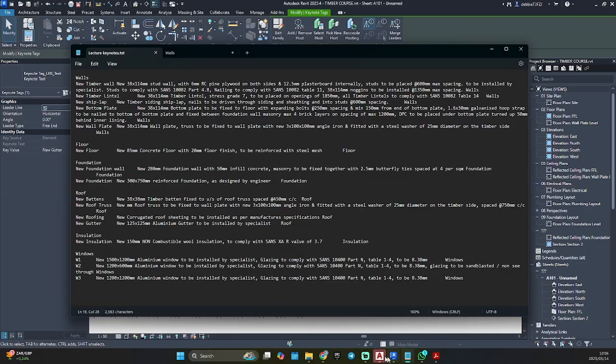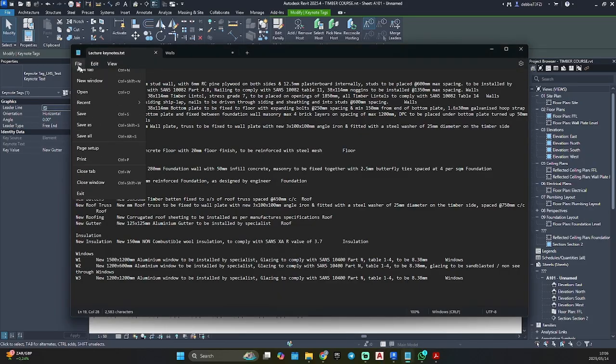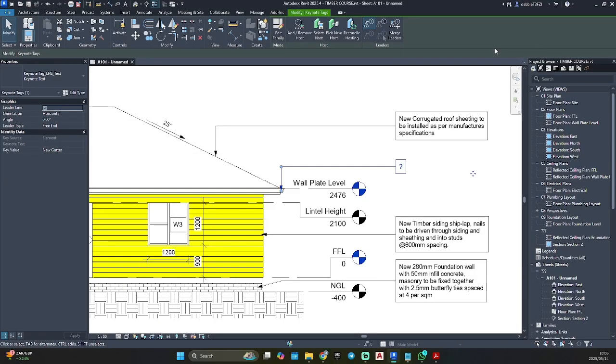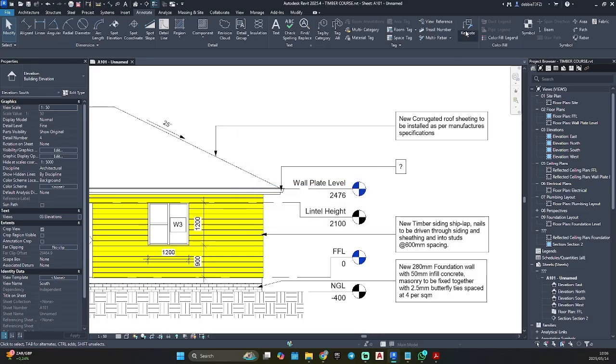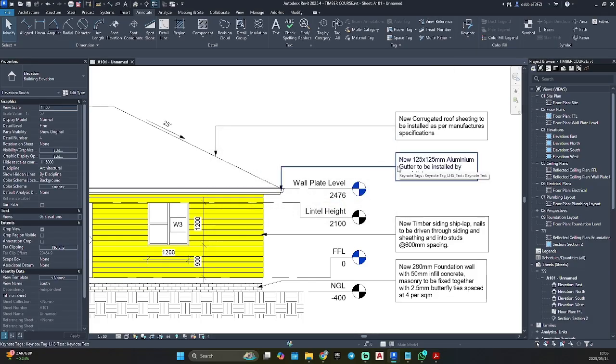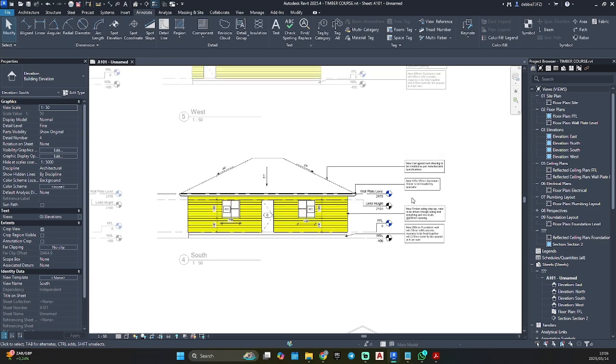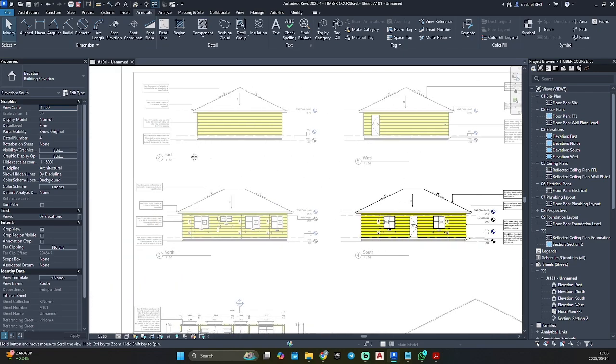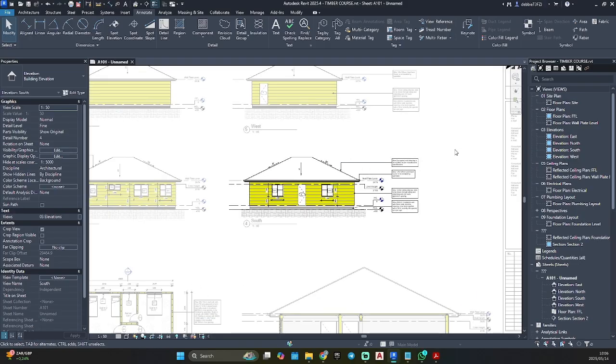Save. Sorry, I just want to close AutoCAD real quick. I accidentally opened it. Then let's go keys, reload. Okay, and there it pops up. So you can see it popped up throughout our drawing space.